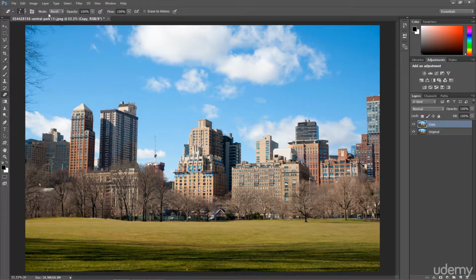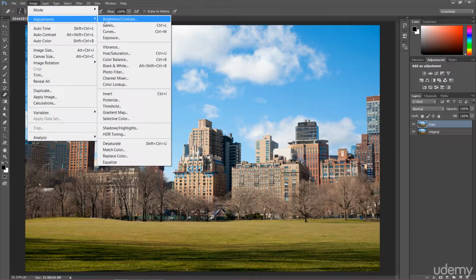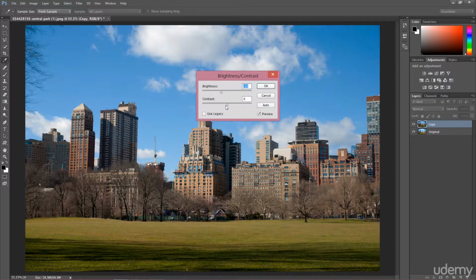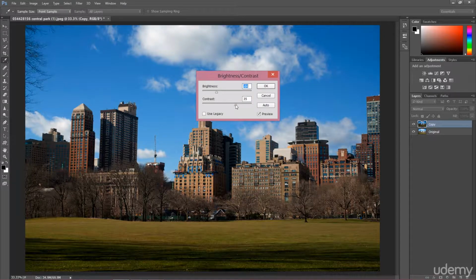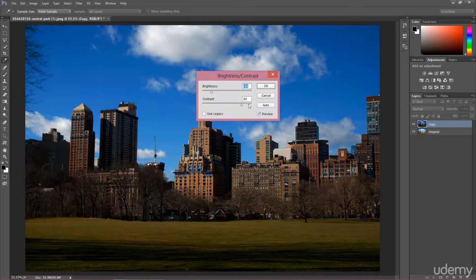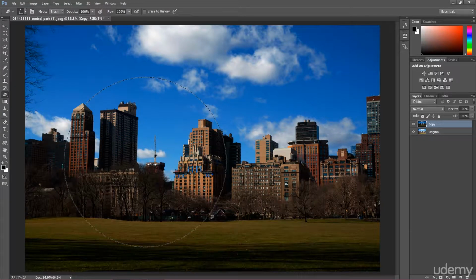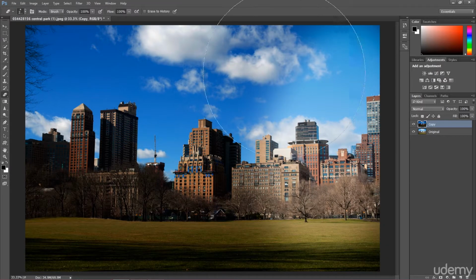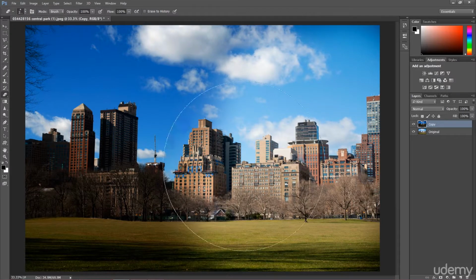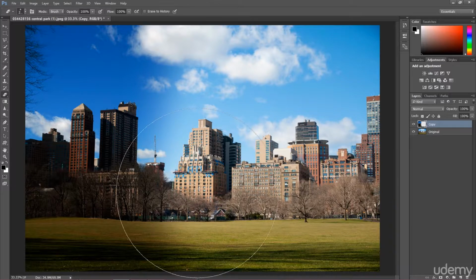Once again, I want to bring up some contrast. I'm just going to change the colors as before. And once again, I want half of the image to be darkened and half of the image to be brightened. So I want to just remove this like before with the eraser tool. But the thing is, when we remove this with the eraser tool, like I'm doing right now, and then I decide, well, I actually don't like this effect. I would like to bring up some of the dark colors over here.